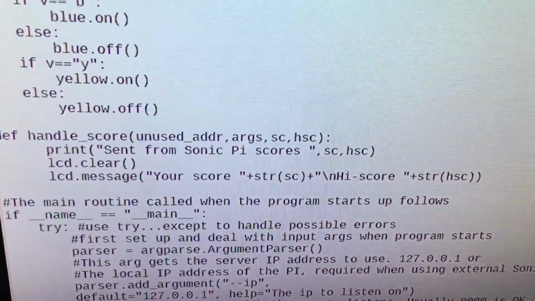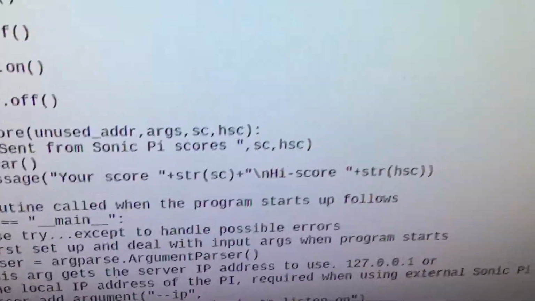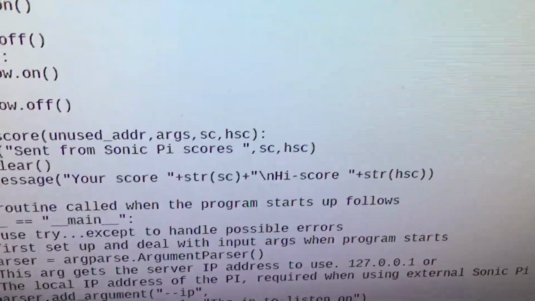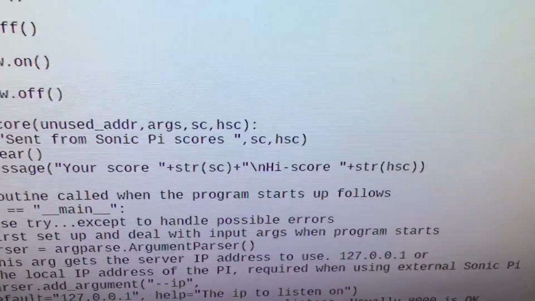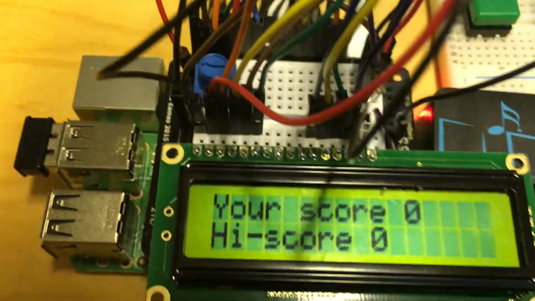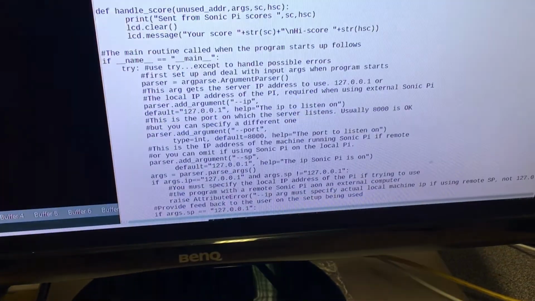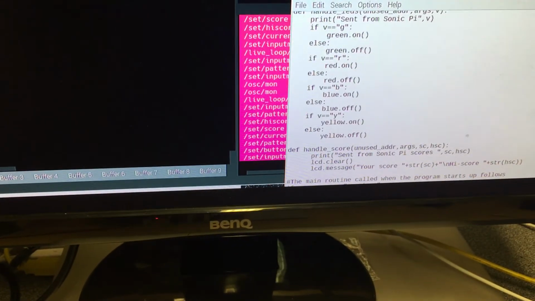The handler for the score simply sends to the LCD a message: your score plus the string value of SC, and then a \n, which is a new line symbol, and high score, and string HSE, string of the high score, and that produces that display down there. So that is the Python section, and that is already running in a